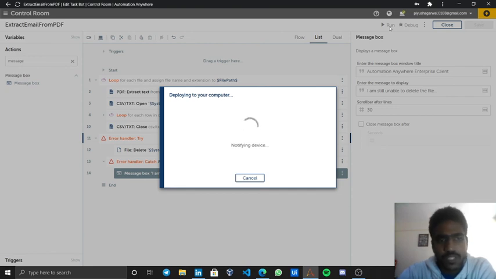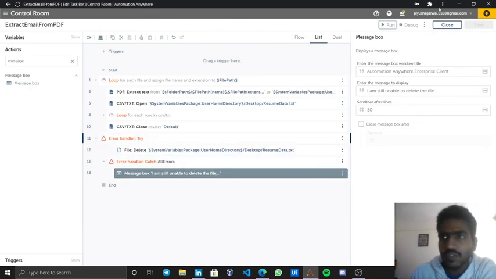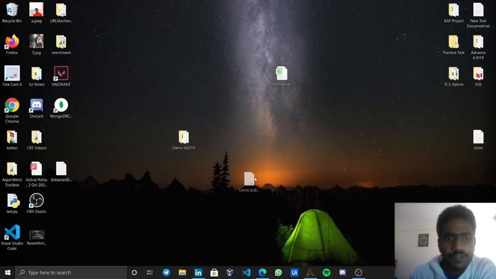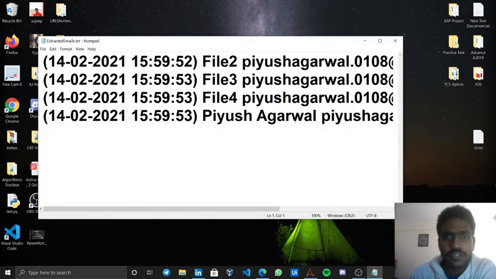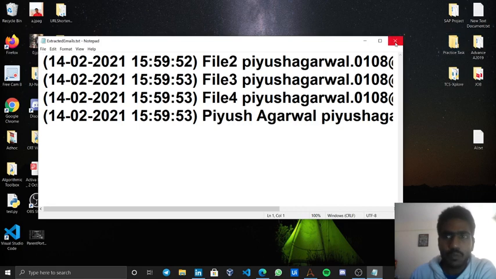One more thing, over here this try and catch. Basically when you have some doubt that this code can probably give you some kind of error, that particular thing you include in the try catch block. In the try, the set of commands comes which seems to give an error, and the catch block contains some kind of exception handling you can do to solve that. This time no error popped up, and we have successfully got the extracted emails. It contains all the emails with timestamps, and its work is done.